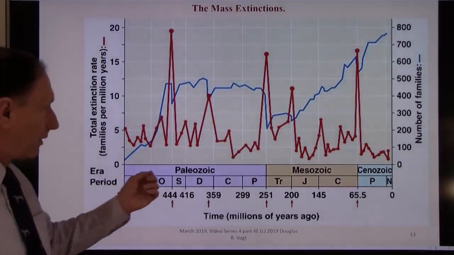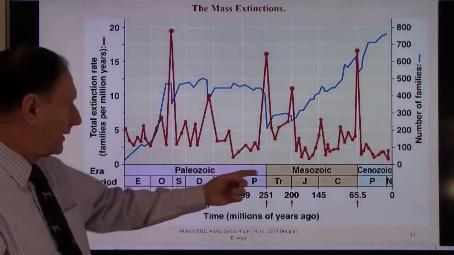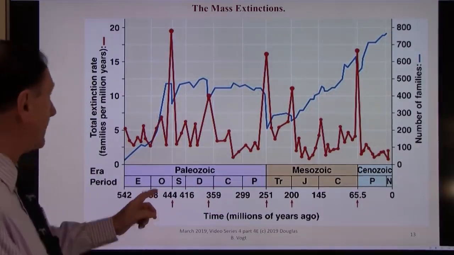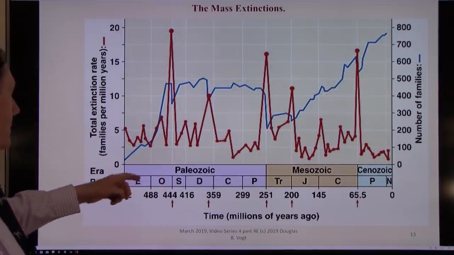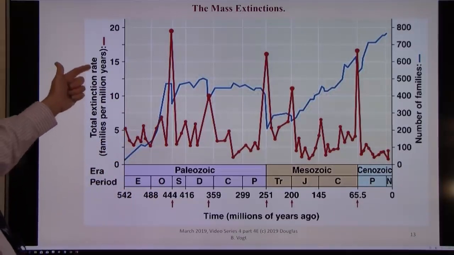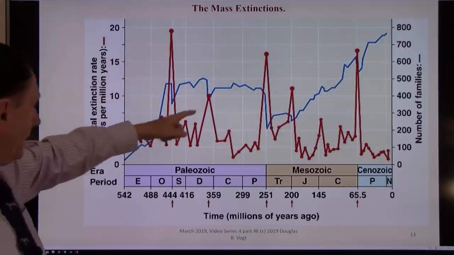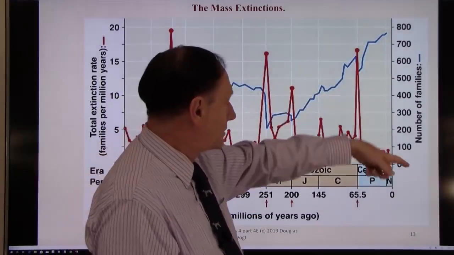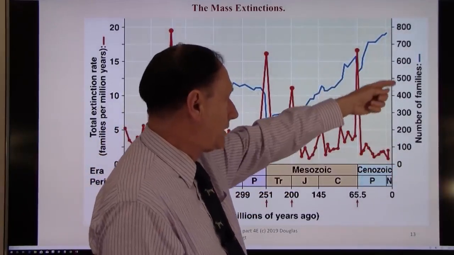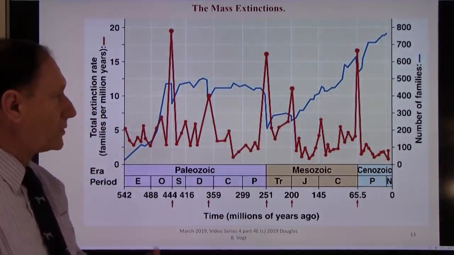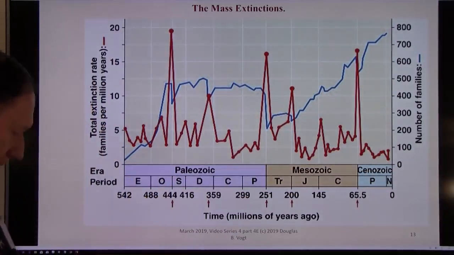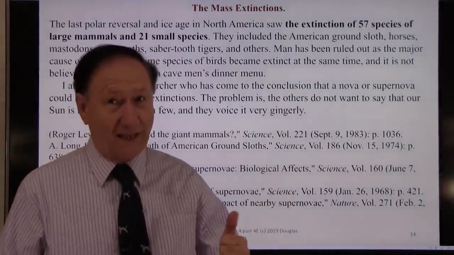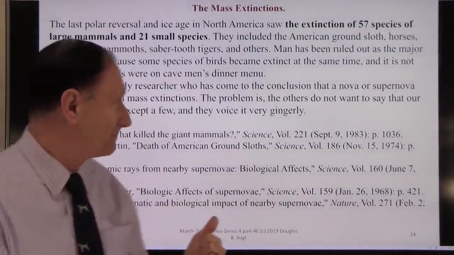Here's what they've been talking about. Here's the various periods of time, all the way back to 488 million years. And these are some of the spikes of massive die-offs. Total extinction rate, the 20% there, here. All these correspond with reversals, every single one. The blue line is how many families of animals were extinct. It's quite impressive. We just want to make sure we're not one of those families that get extinct. That's why I do these videos.